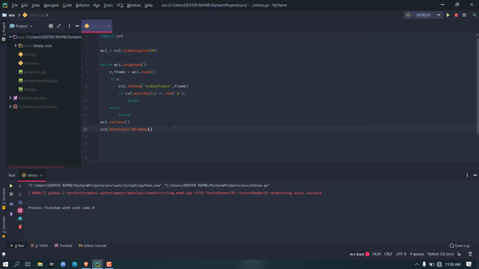We saw two things here. The first is how to read the video input and how to show it on the window. Now we are going to see how to write, which I will not say is complicated, but there are a lot of parameters that it is going to take, and you need to understand these.